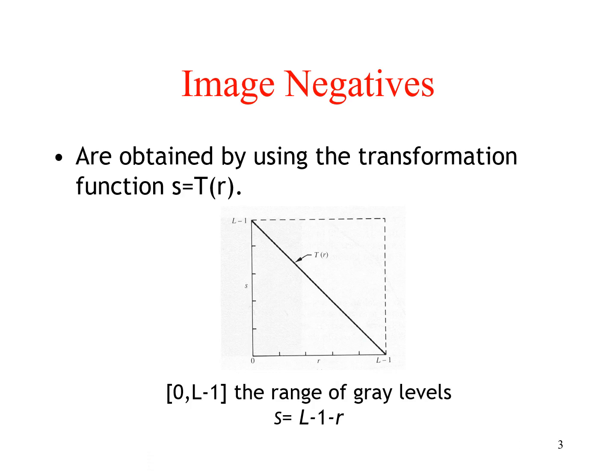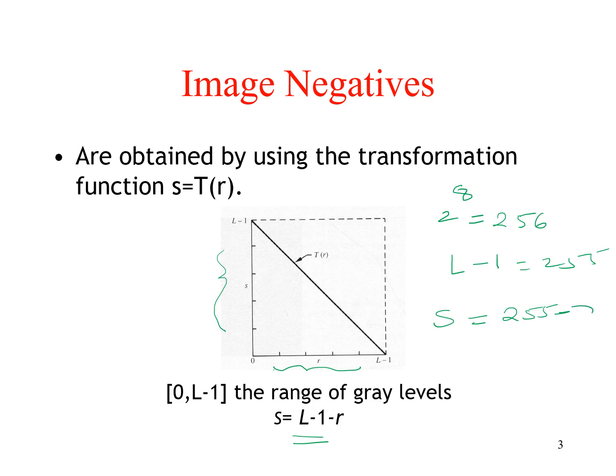In image negative, as I mentioned earlier, black pixels become white and white pixels become black, and for in-between values we get corresponding output values. The transformation function is L minus 1 minus R. If the image is 8 bit, how many levels will there be? 256. So L minus 1 will be 255. All output values will be equal to 255 minus the corresponding input gray level value. If it is a 5-bit image, then this will be 31.